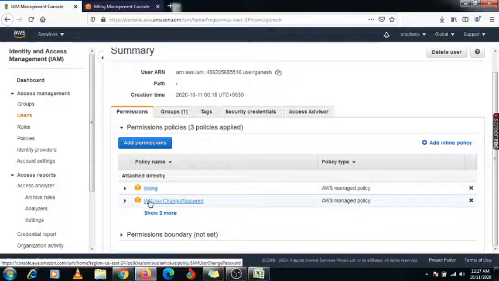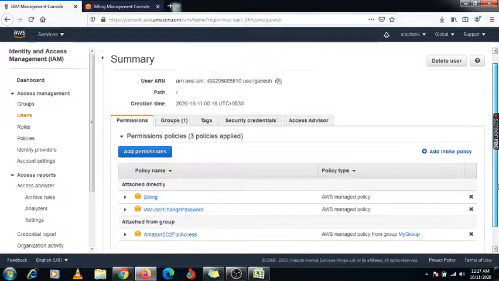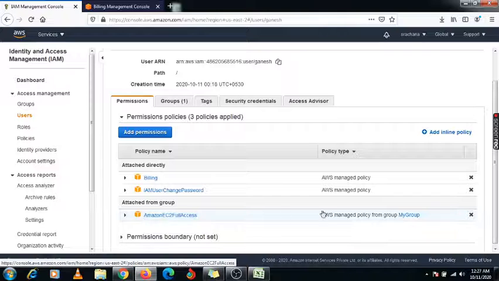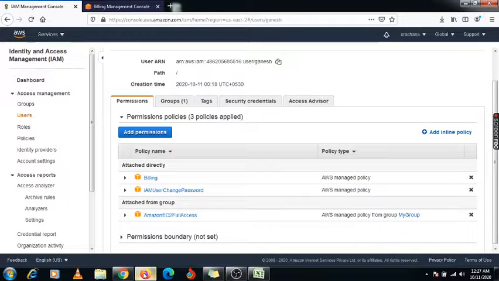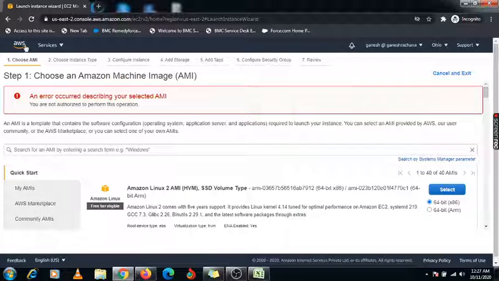These two policies are attached, and show two more. Here you will get the policy which is provided from this group, so that user also has Amazon EC2 full access. Now if you want to create that EC2 instance, you will get this option.